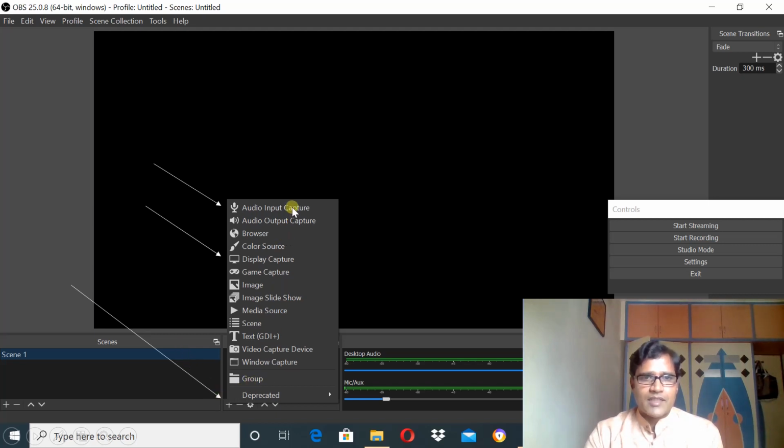There are different functions that can be added, whatever you want to record in your screen recording. As I told you, I just want audio input capture first because I want to give audio to my PowerPoint presentation, and to record the PowerPoint I need display capture. So I am clicking on audio input capture and display capture. I just need to click on it.